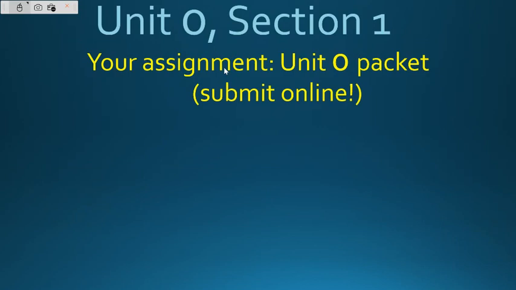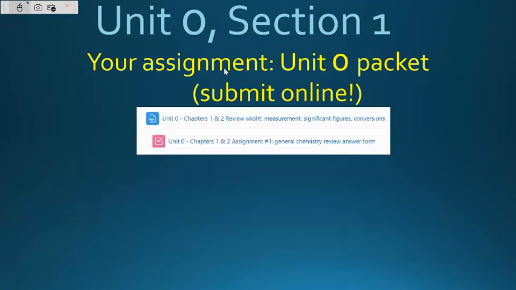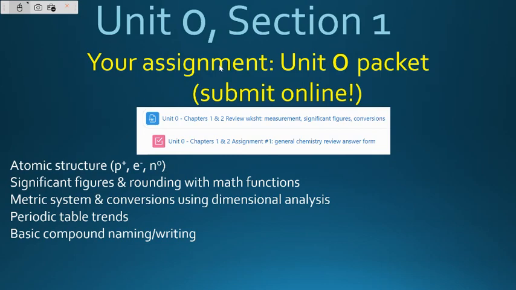Now this leads up to your assignment. All of the sheets that I'm going to be handing out throughout the entire year will be on paper, but I do have a PDF of them for your reference as well. This particular assignment, I do want you to submit your answers online in that red mark where it says the answer form for it. So this is a long-standing assignment. You have multiple days to be working on it, but the topics in there are what I covered today: figuring out atomic structures, significant figures, and how to round with the math, doing some metric